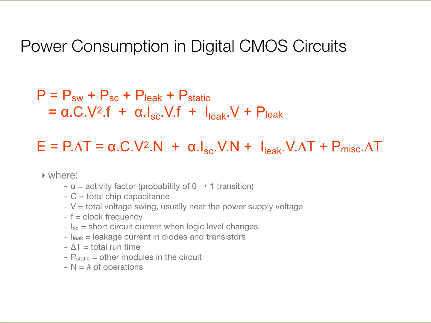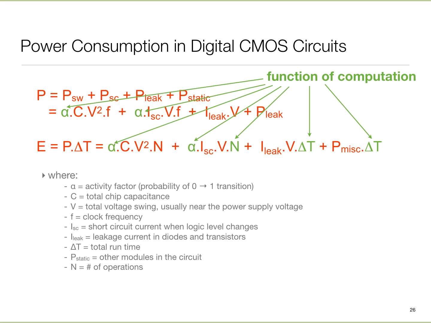This term basically says if my program takes n clock cycles or n instructions, this is the energy it is consuming. So this is really a function of my program. In this term, I have delta T, so even though this term was static, the energy it takes is getting multiplied by the time.